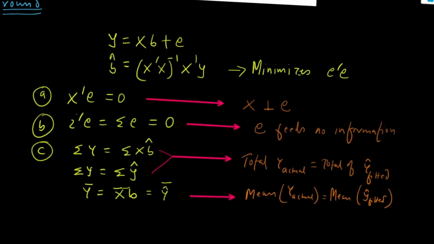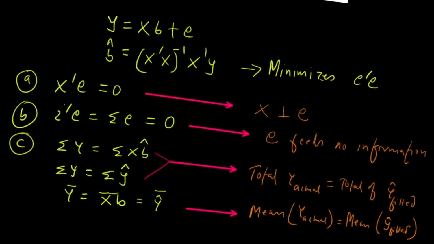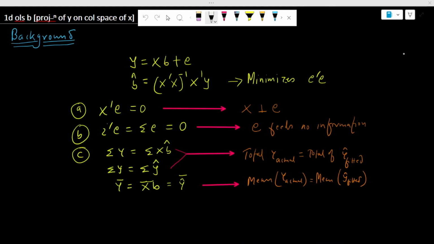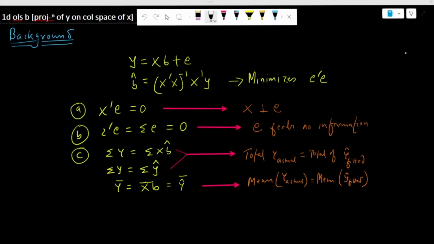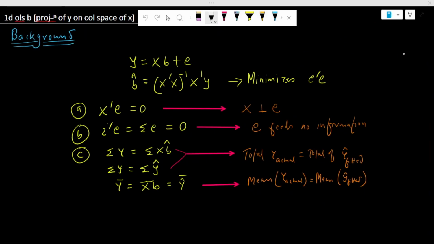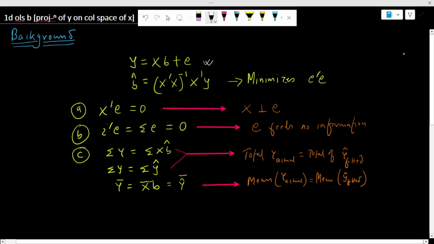Hello, welcome to Econometrics. Today in this video, we will discuss that the fitted value Xb in OLS regression is the projection of y on the column space of X, and the error term is orthogonal to X and the fitted value. So in our preceding video, we had seen that the linear relationship between the dependent and independent variables